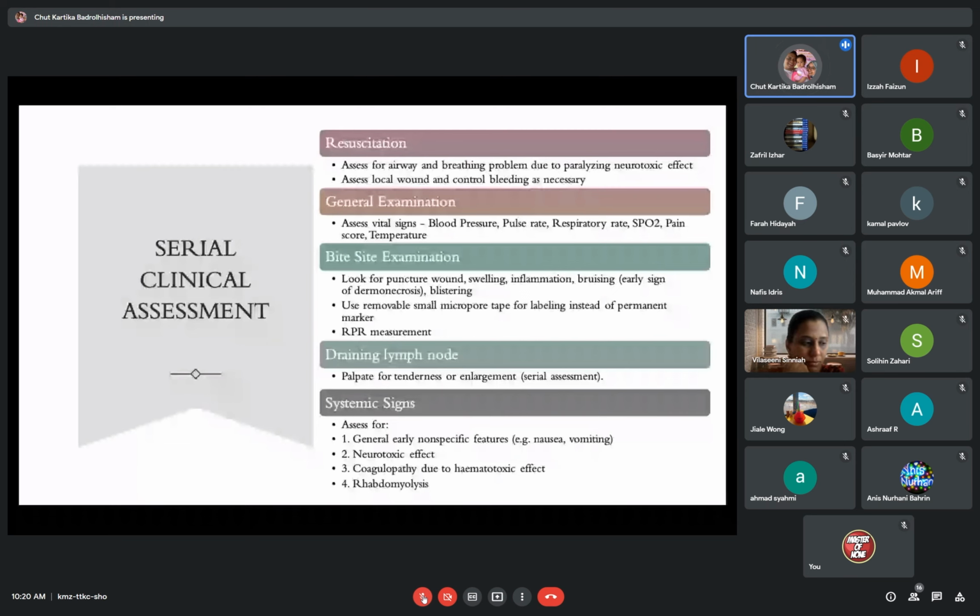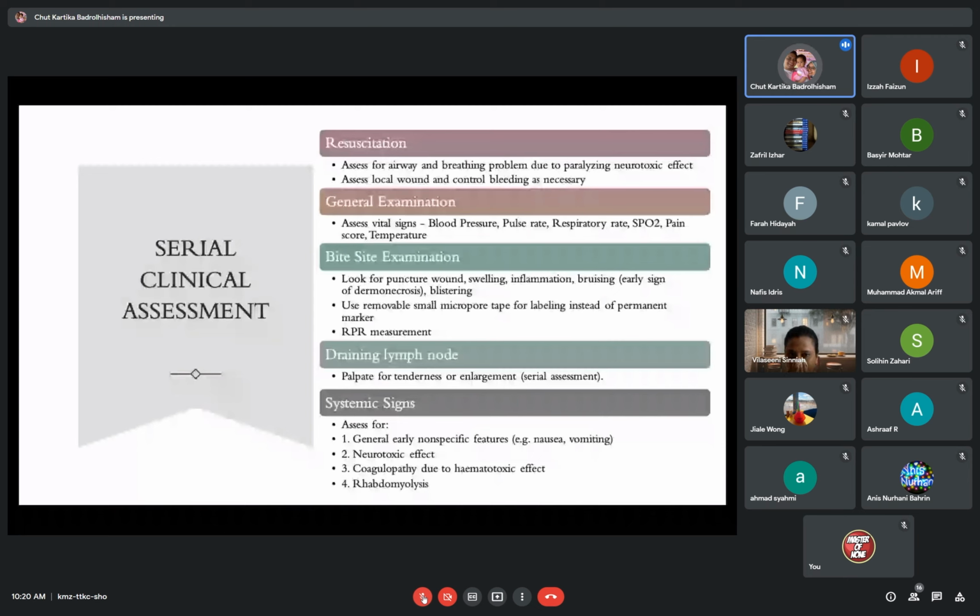For the general examination, as we all do, check the blood pressure, pulse rate, respiratory rate, SpO2, pain score, temperature, and by side examination, look for the wound, swelling, inflammation, bruising, and then you use the small micropore tape for labeling instead of the permanent marker. Later I'll show the picture. So